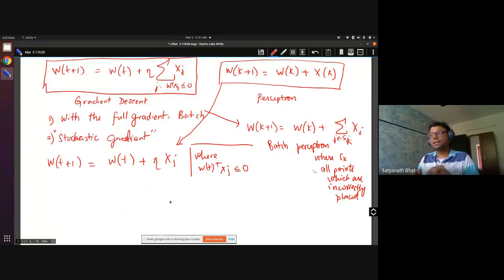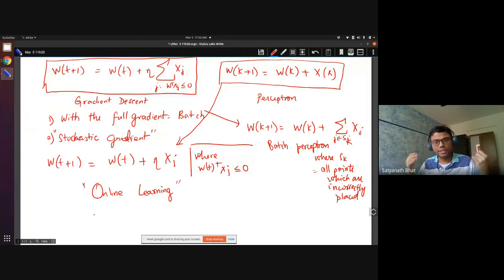The second thing that it allows is what is called online learning. Again, we will not cover this in the course, but if you are seeing data samples one at a time, you can use stochastic gradient to get updates. You don't need to collect all the data samples first; on the fly, you can learn things. So this is why stochastic gradient descent is also useful in online learning.